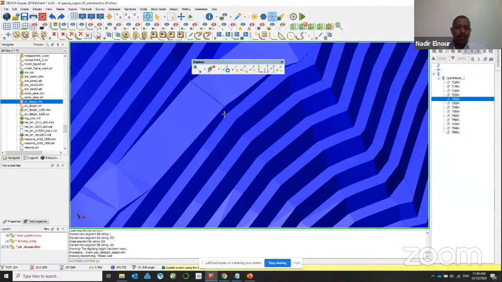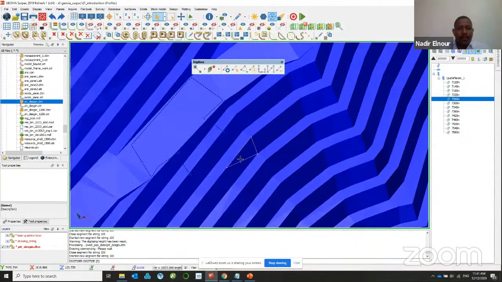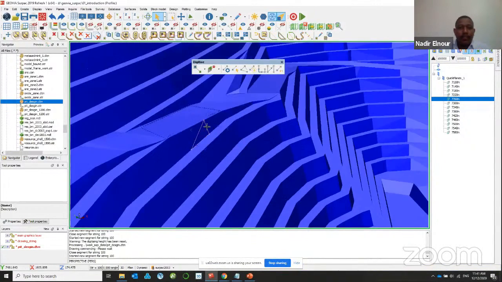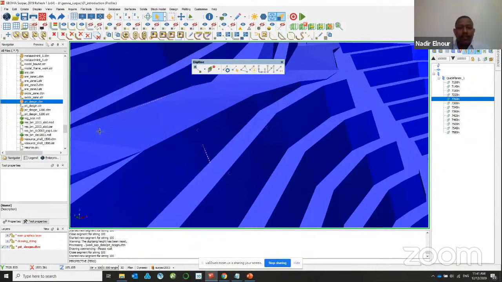Now you can see you are snapping to this triangulate. So if I go save, then from now you can see I already digitized that one, the string snapped to that